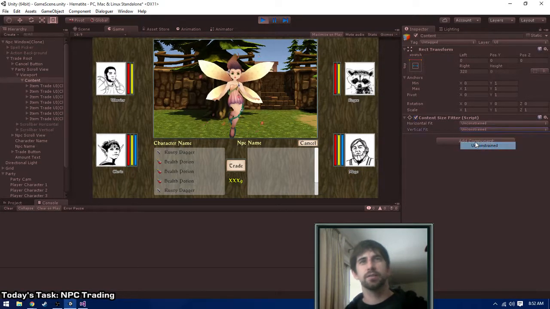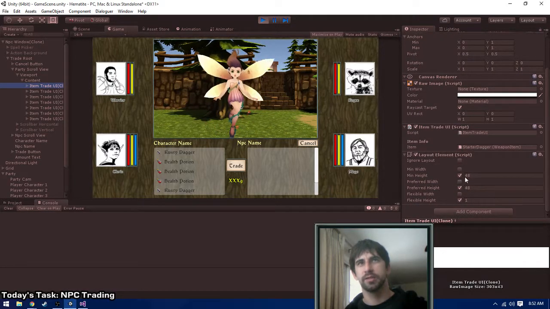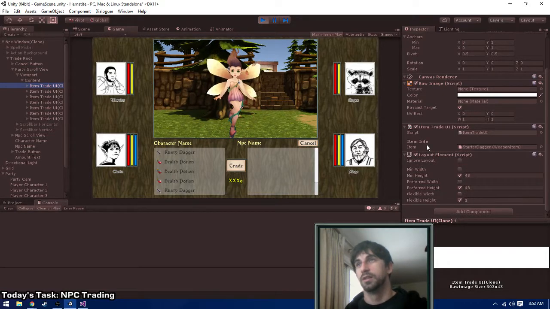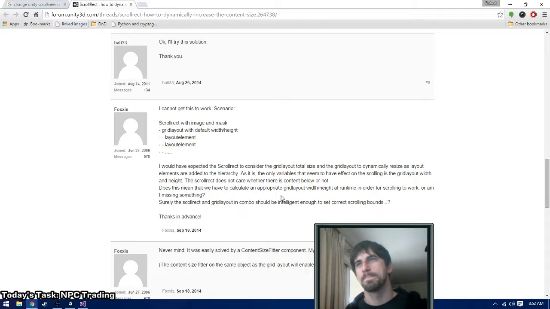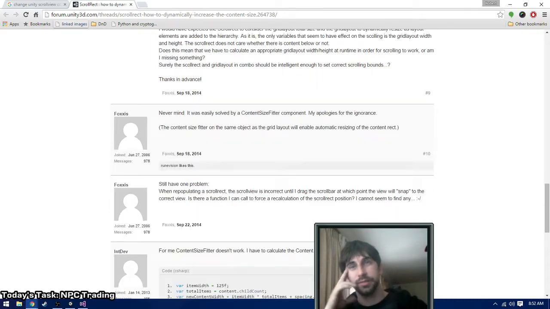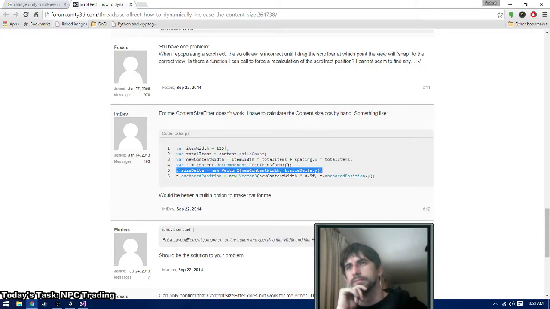Yeah, it's funny. It looks like it should be doing it, but for one reason or another, this layout element is just not triggering. Something about it is causing it to really not go off, and that is ticking me off. Other people are saying they've fixed this using a very similar solution to what I'm trying. Put a layout element component on what I assume should be